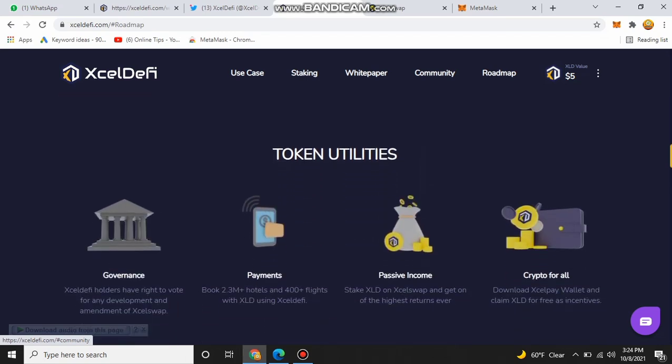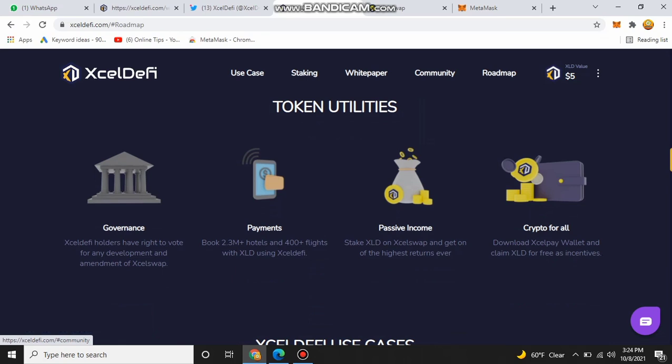After this you can see their token utilities. First is governance: XLDAFI holders have the right to vote on any development and amendment of XLSwap. For payment, you can book 2.3 million plus hotels and 400 plus flights with XLDAFI.